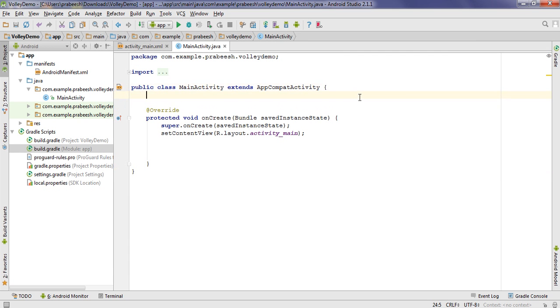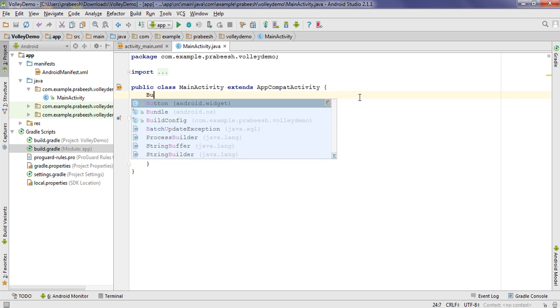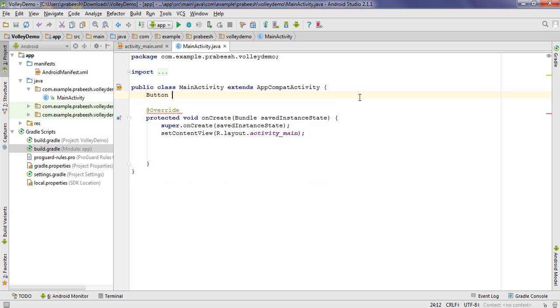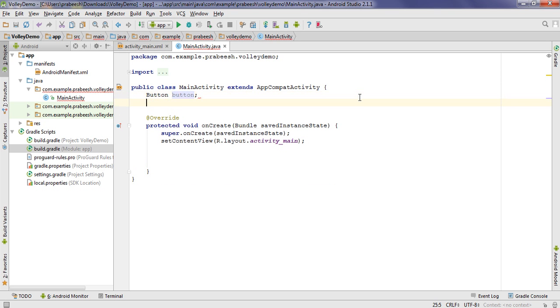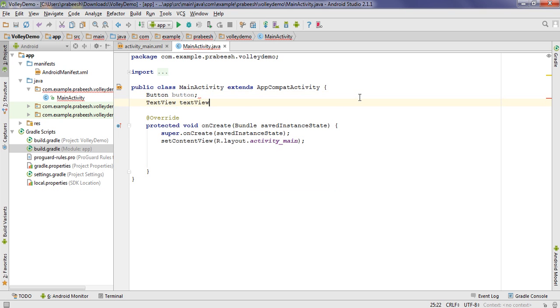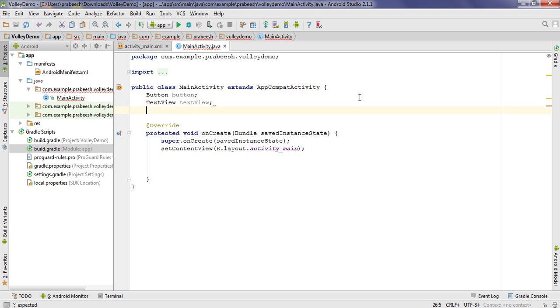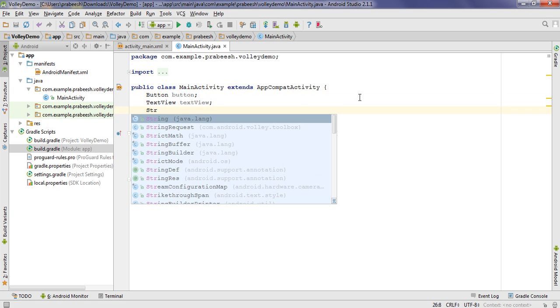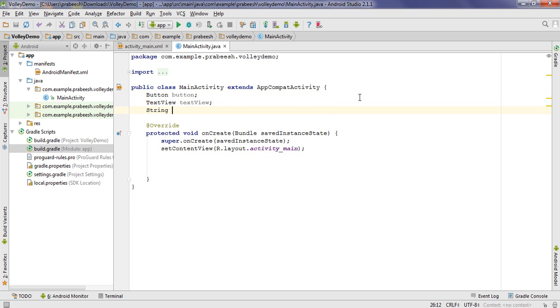Now here we need to create some variables. Now create a variable for the text view. I name it textView. Now we need some URL. Create a string, serverURL,